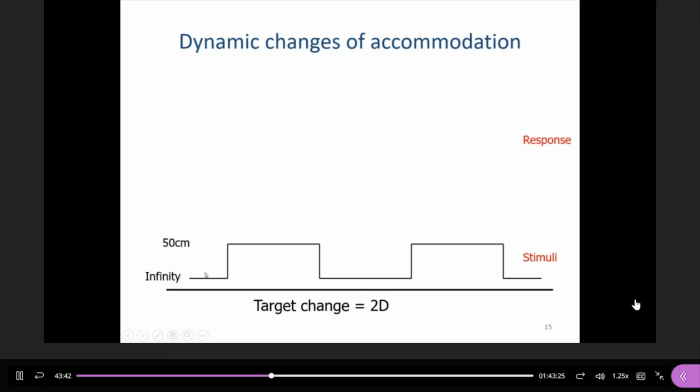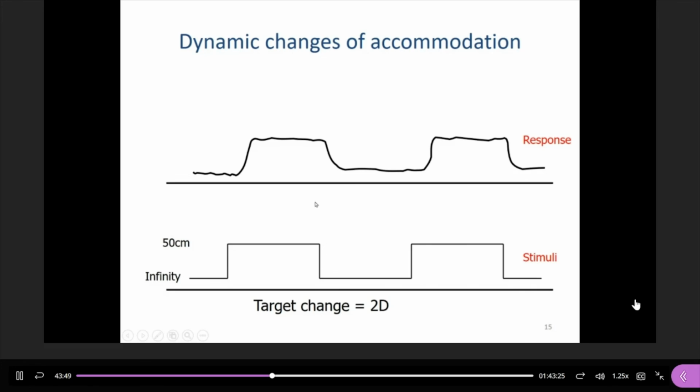We do this in a cycle. Alternatively, now we look at the response. If you look at the response, the shape looks more or less the same as the stimulus. Some of the key things that you should bear in mind are, for example, in the first part here, when you change your fixation target from distant to near, the eye will take a bit of time before it can respond to this stimulus. So even when you change to a near object, it still takes some time for the